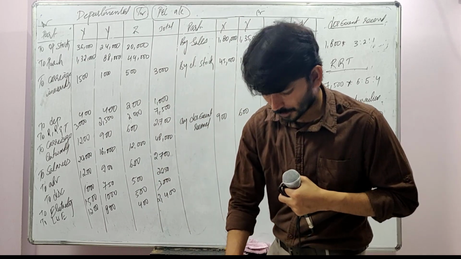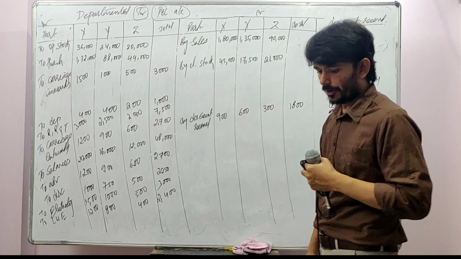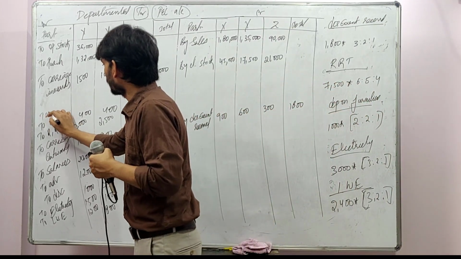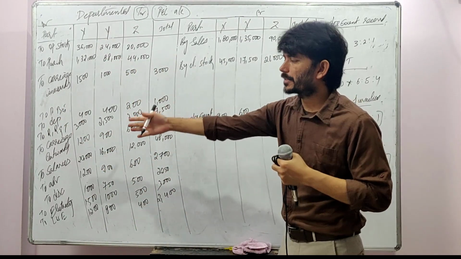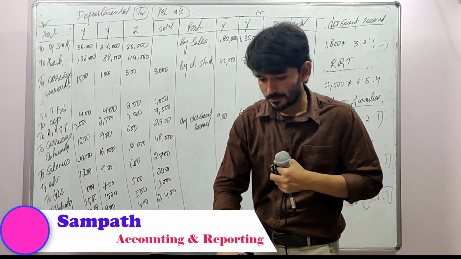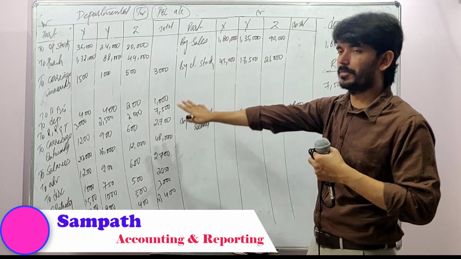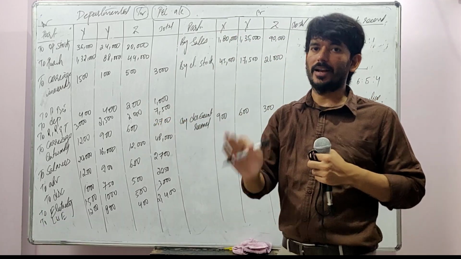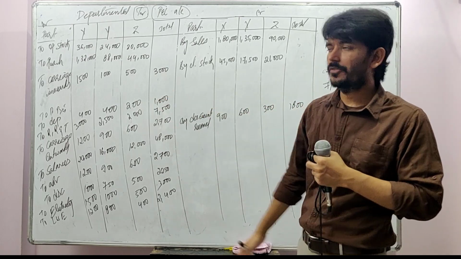That's it. And what else has he given? Provision for bad debts at 5%. So here you can provide provision for bad debts 5%. What should be the base? It can be sales. But don't make that mistake, because if there is no other information, you can make it on the basis of sales. But in the question, he has very clearly said there are debtors at the end. Closing debtors दे दिया ना. So that should be the basis for your provision for bad debts.